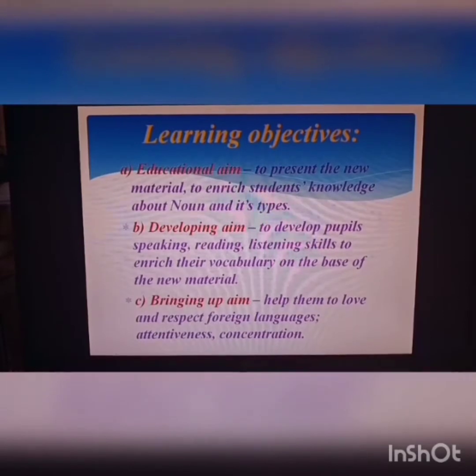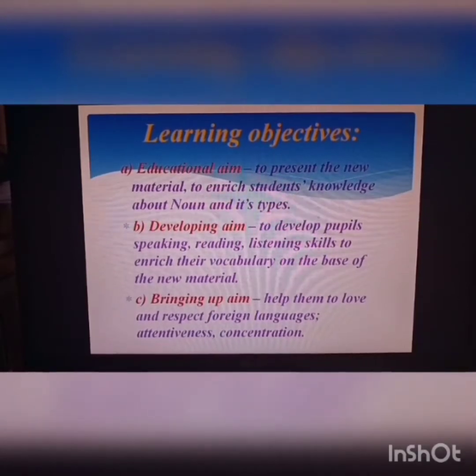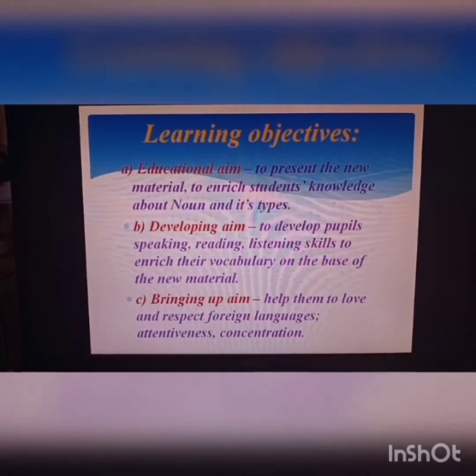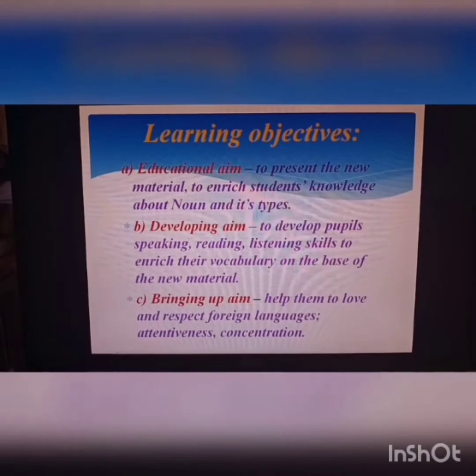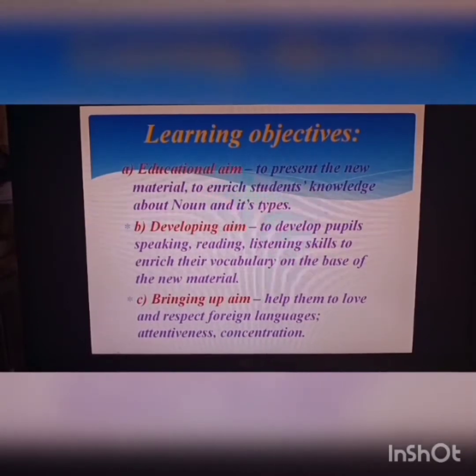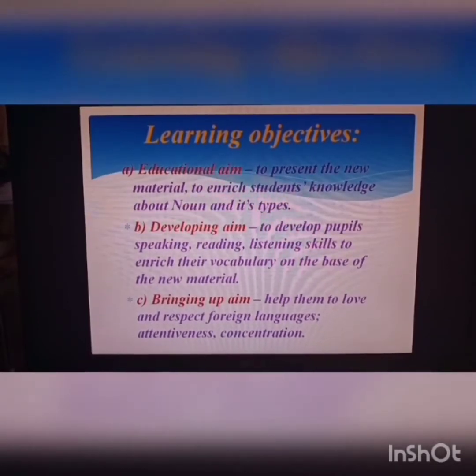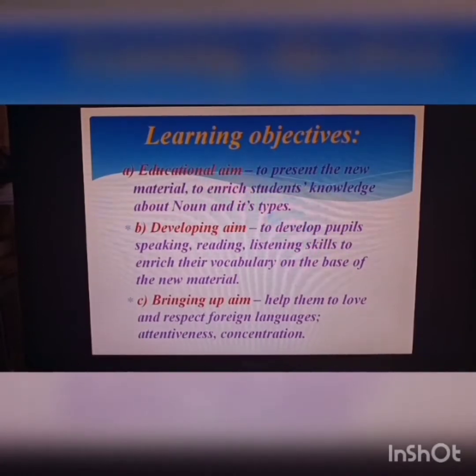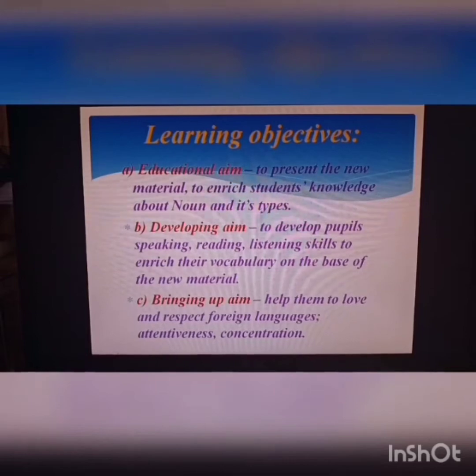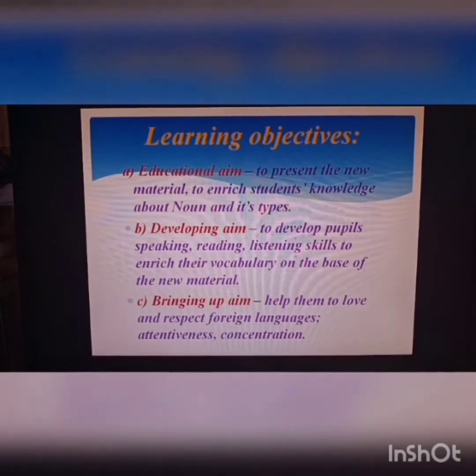Developing aim: to develop pupils' speaking, reading, listening skills, to enrich their vocabulary on the base of the new material. Bringing up aim: help them to love and respect foreign languages, attentiveness, concentration.